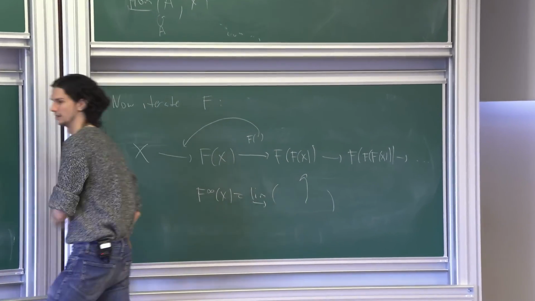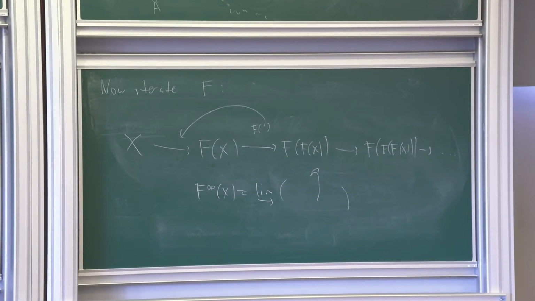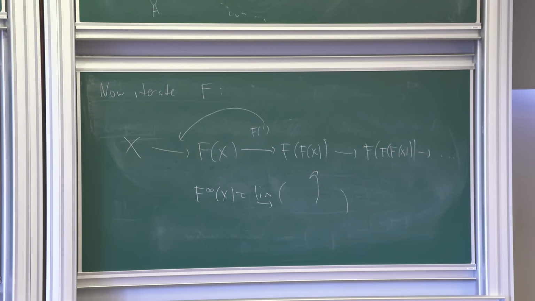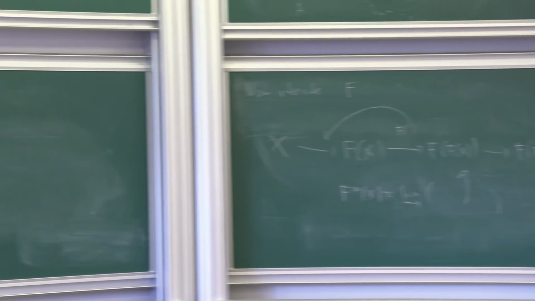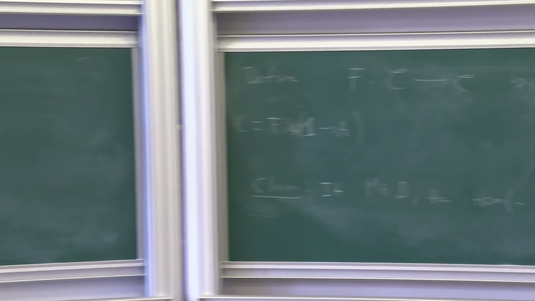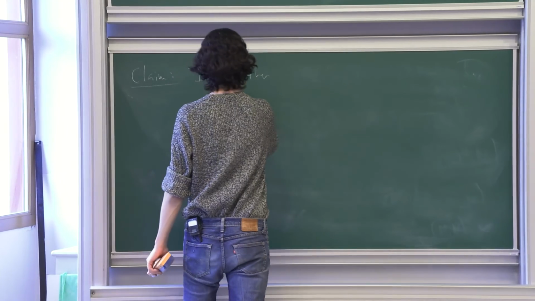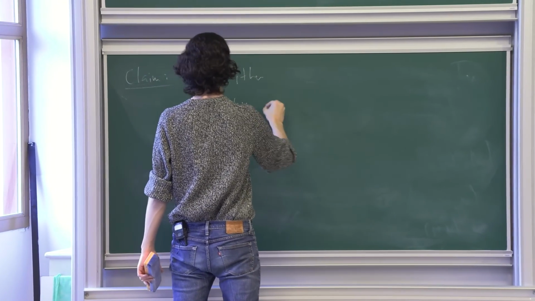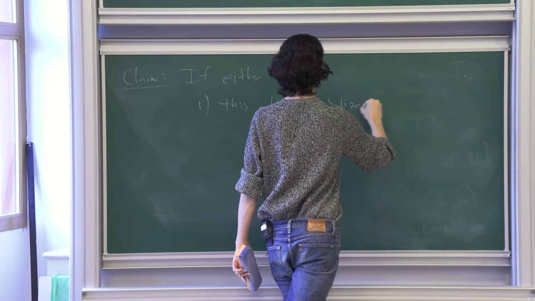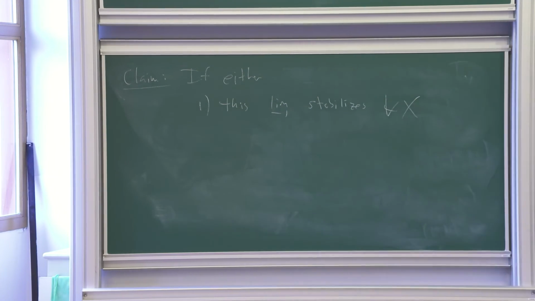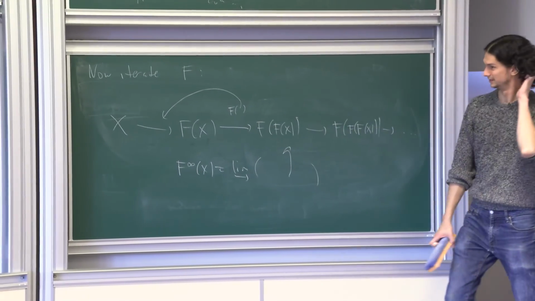Then I claim the following. Claim: if either one, this colimit stabilizes for all X, so if, for example, every map from here onward is an isomorphism,